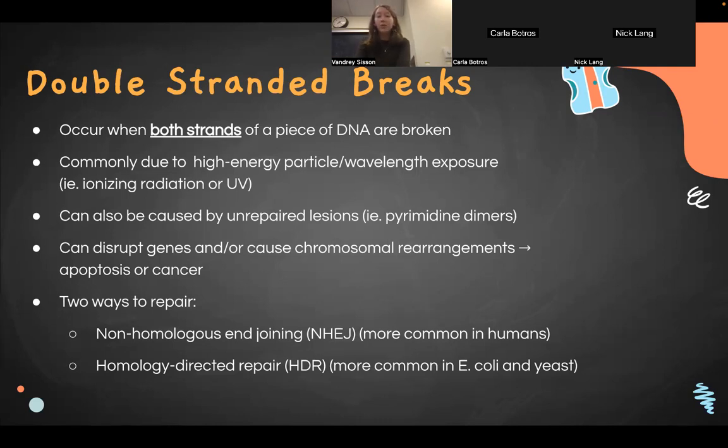And we really, really don't want this because first of all, they could break in the middle of a gene. They could cause chromosomal abnormalities. We could end up with the cell undergoing apoptosis. We could have cancer. There are a lot of bad things that could happen from that. So we are going to repair that either with non-homologous end joining, which is more common in humans, and we'll talk about why, or homology-directed repair, which is more common in